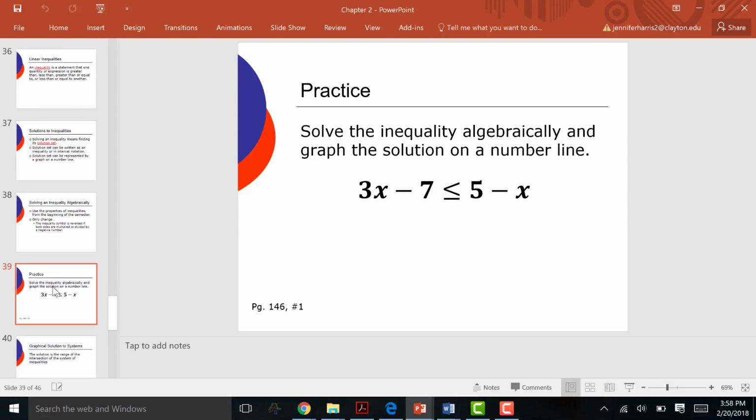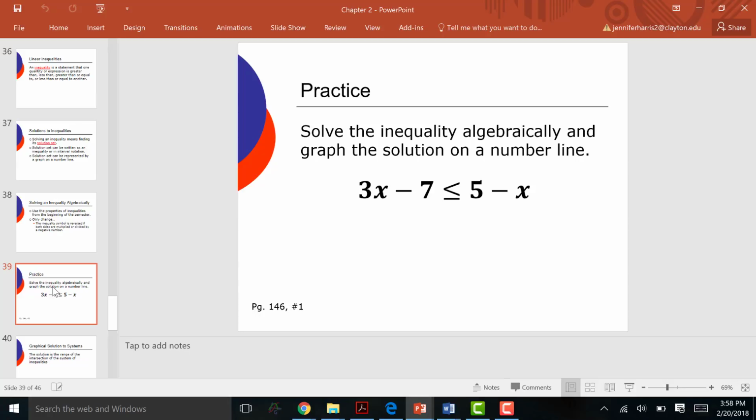All righty, so let's do the first one here. It says solve the inequality. Why is it called the inequality? Because it has a less than symbol in it. Solve the inequality algebraically, and then it says graph the solution on the number line. So when you hear them saying graph, they just want you to use the number line. You're not even going to have to use decimals for this. All righty. So let's go ahead and start